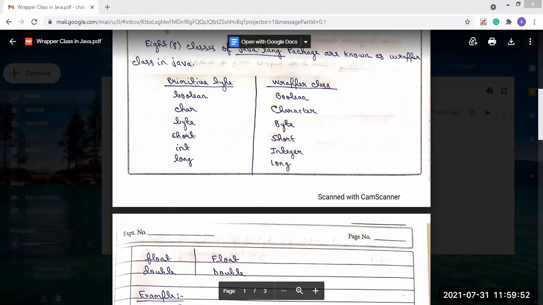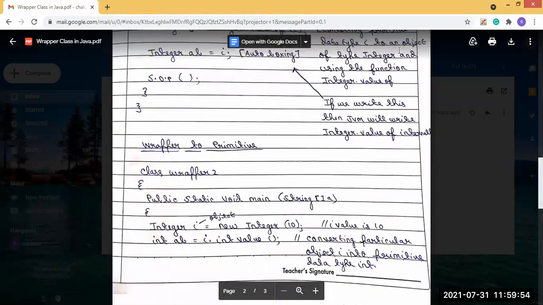So we are creating an object of the Integer class, and as a parameter we are sending the value 10.